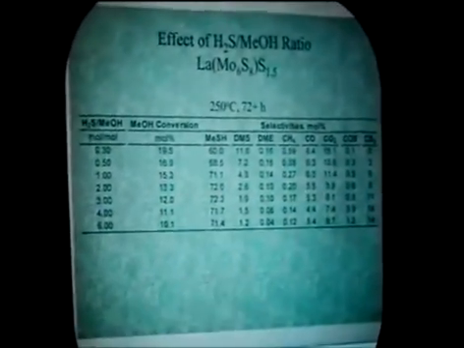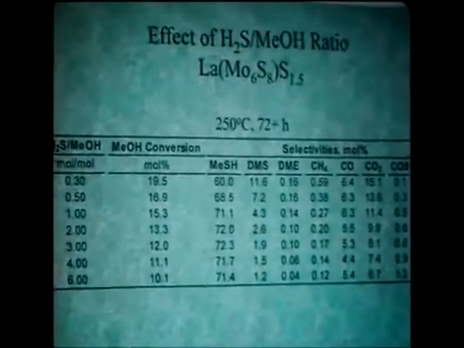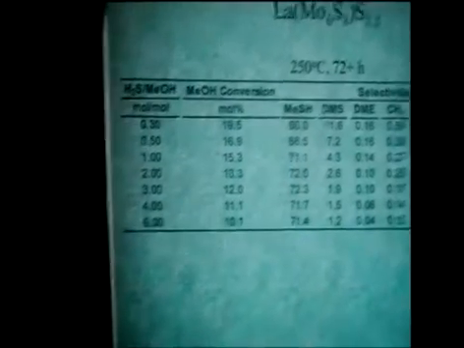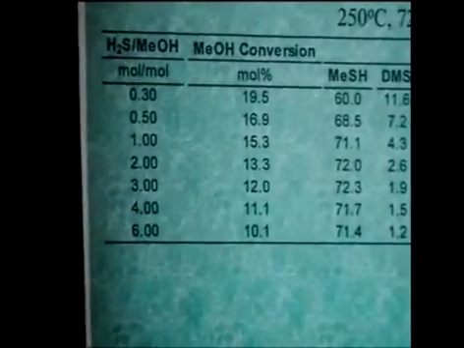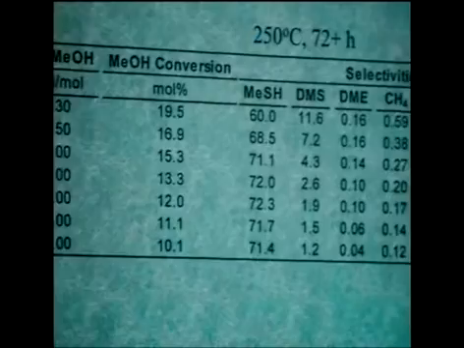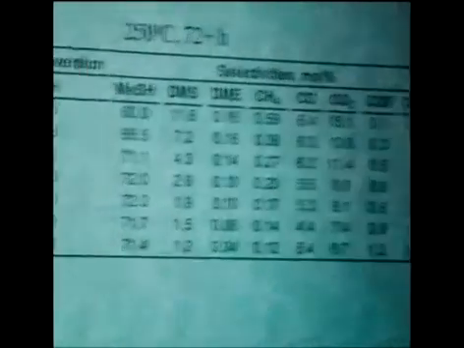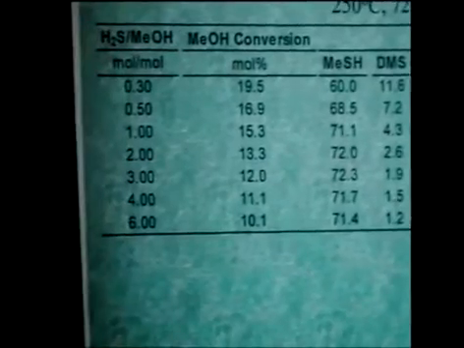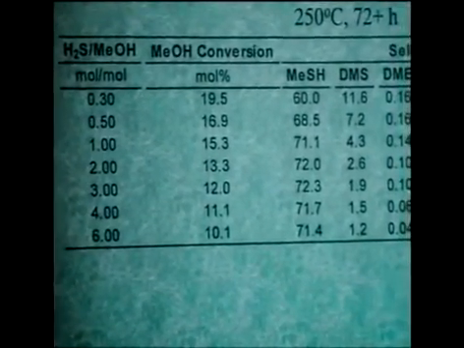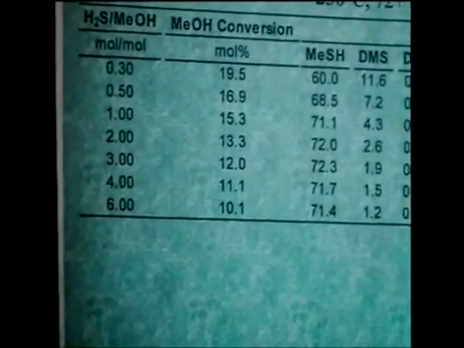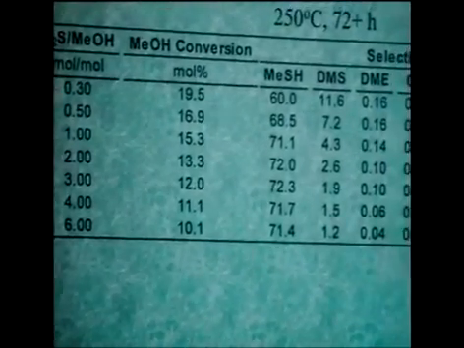I also promised we'd talk about the variable, which is hydrogen sulfide to methanol ratio. If there was a way to reduce the amount of hydrogen sulfide you need, you could think about increasing the safety of the process. And so we're interested in how much hydrogen sulfide you really need to get this reaction to go. In the patent literature, they claim up to 18, as high as 18 I've seen as far as the mole ratio for this variable.